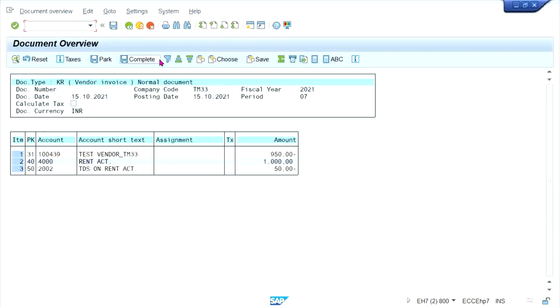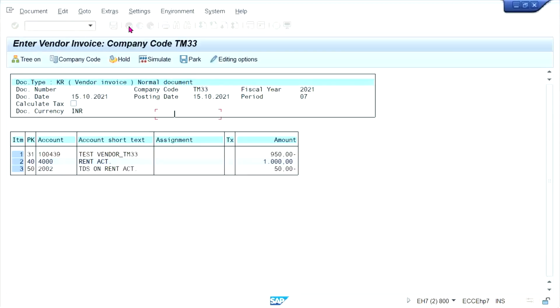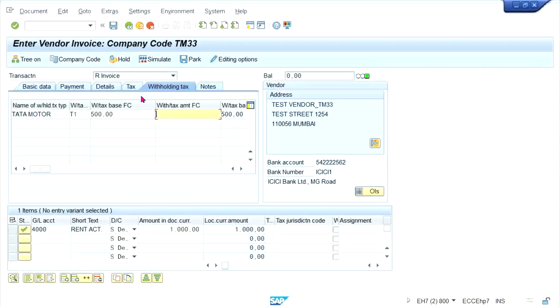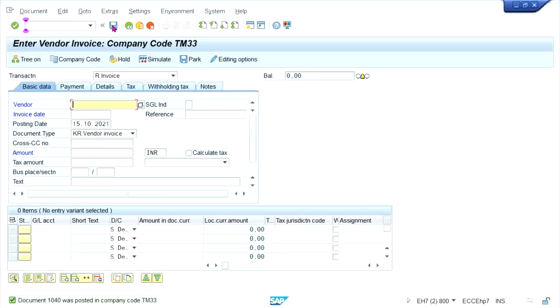Now it is okay. So manually also, guys, we can change the amount here. But generally what is happening, the system is going to calculate this automatically. Okay. Now if you post it, then we are going to get,